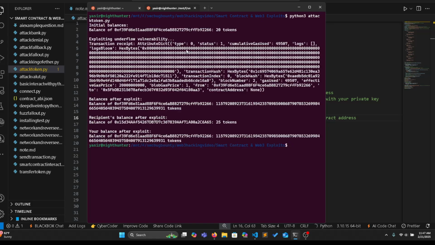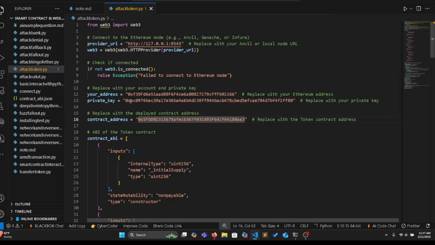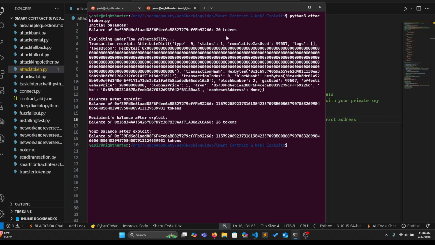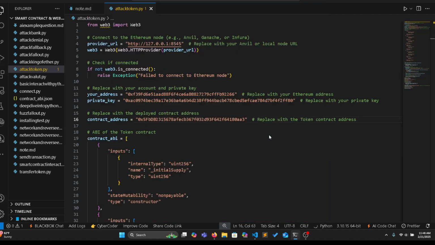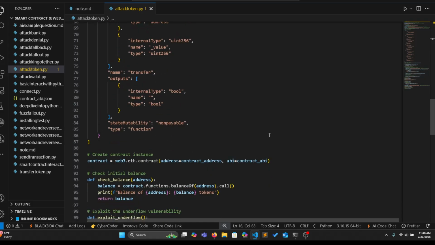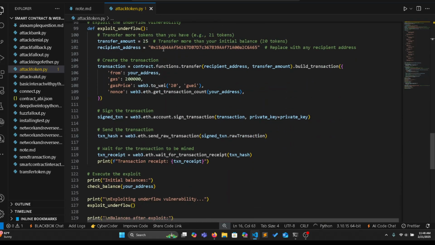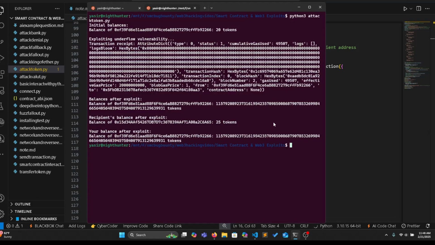So here the initial main owner address is 0x39 and ends with 2266. So it's 20 tokens. Yeah, 0x39 ending with 2266. So we have 20 tokens here, and we transfer to 0x15d 6a65. I transferred the 25 tokens successfully. So we finished the CTF